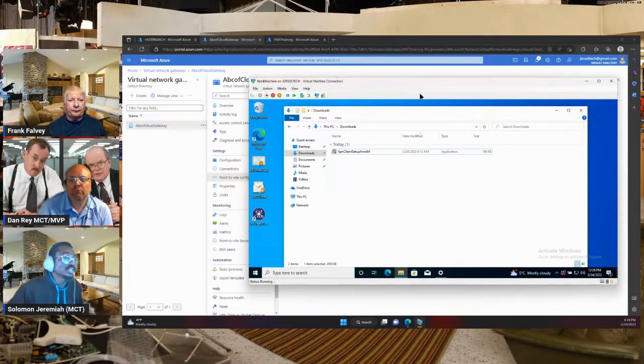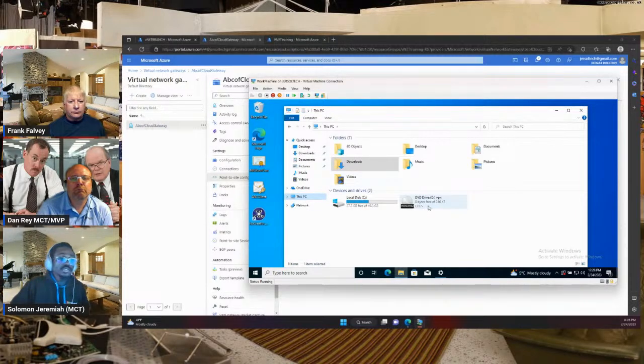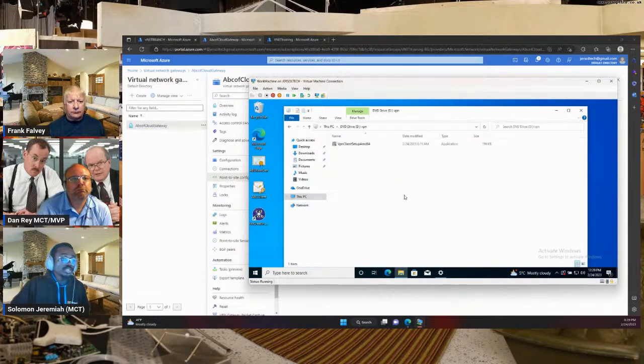Okay, so I used this in configuring it, and this is the file. So I downloaded the file. I just mounted it as ISO on this VM so I can install it. So I've already installed it, and once I'm done installing it, I can then go to my network,